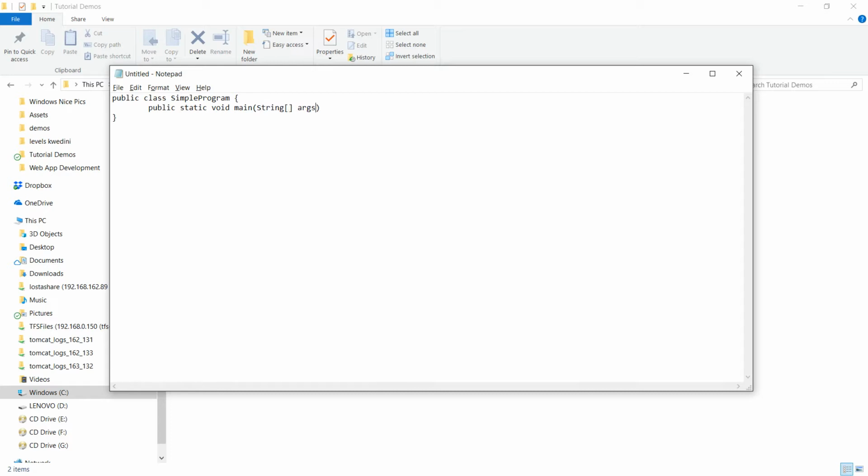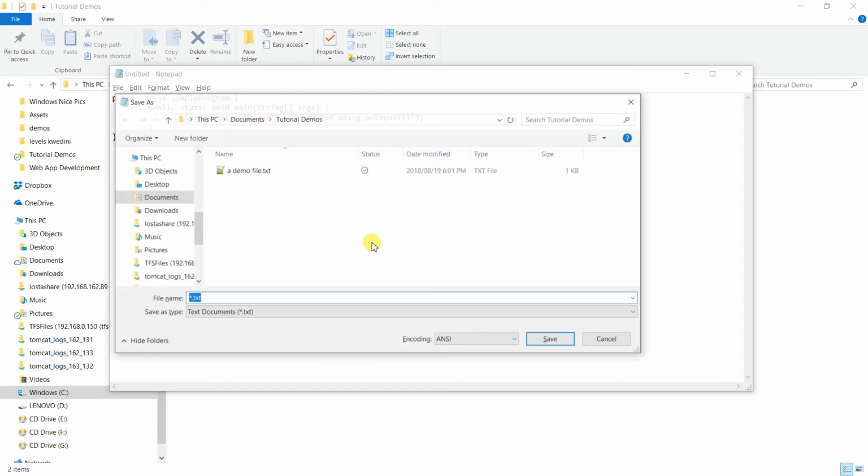Now, of course, as was the case with the previous example, I will not be explaining everything, as that is not the main purpose of what we are doing right now. We want to see a compiler in action, but first we create the source code. So there we go. We've pasted "I was created using Notepad", and that's the instruction that says it should be printed out. Now, when we save it,